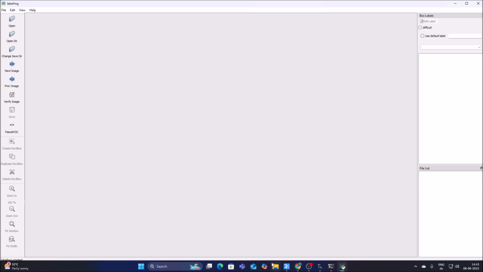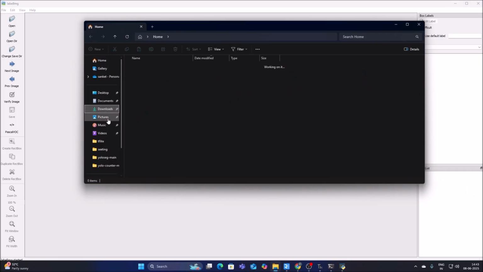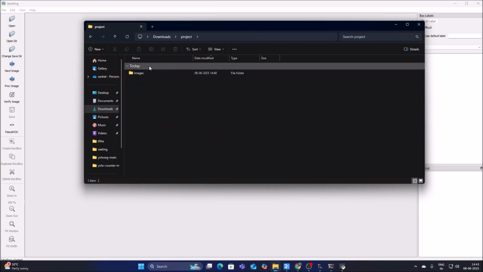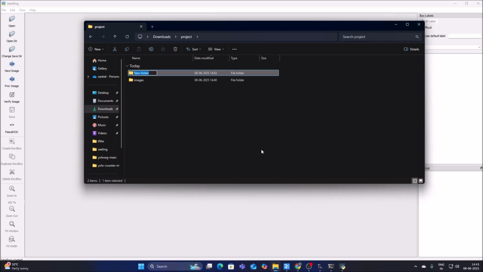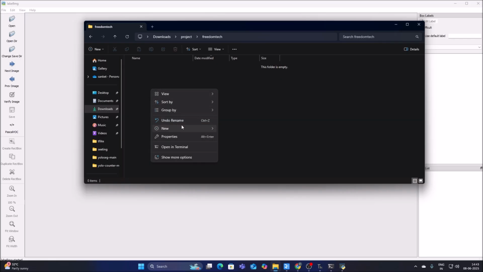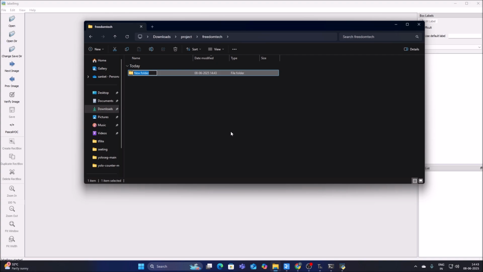So for that, again open file manager and our project folder. Here we have our images. Here we will create a FreedomTech folder. Right click, new folder, and FreedomTech. Don't change the name. Remember one thing, you have to create a FreedomTech folder. Go inside, right click, and create two new folders, which are train